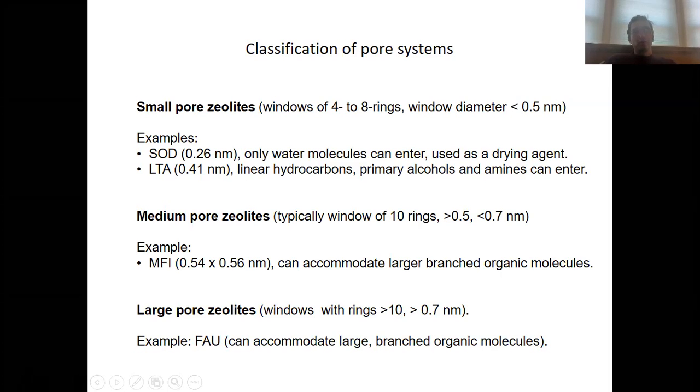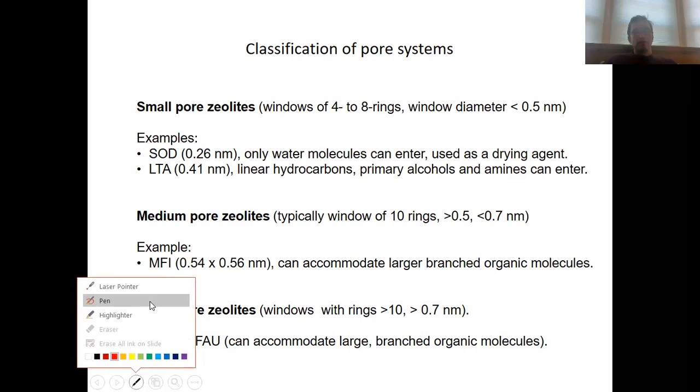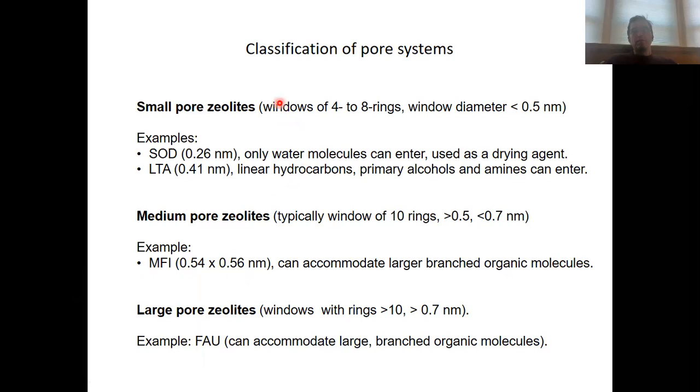When we have small pore zeolites, then we have windows of typically 4 to 8 membered rings and window diameters smaller than 0.5 nanometers. Examples for that are sodalite, that's the smallest pore zeolite known with a window diameter of only 0.26 nanometers, or LTA, where the window diameter is